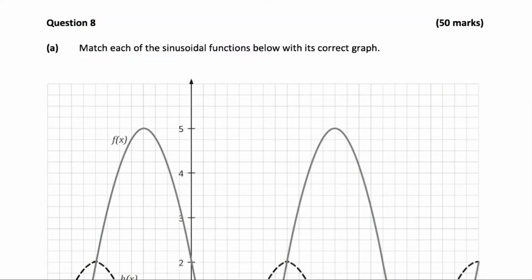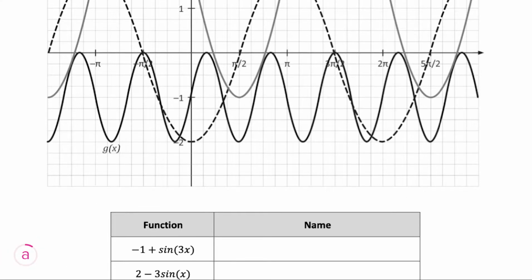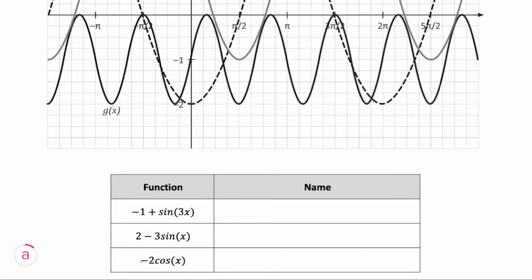Okay, so 2021 Maths Mock Paper 2. Question 8 says match each of the sinusoidal functions below with its correct graph. Okay, so when we go down here, we see that there are 3 functions given. So we're going to take these one by one and see if we can match them to one of the